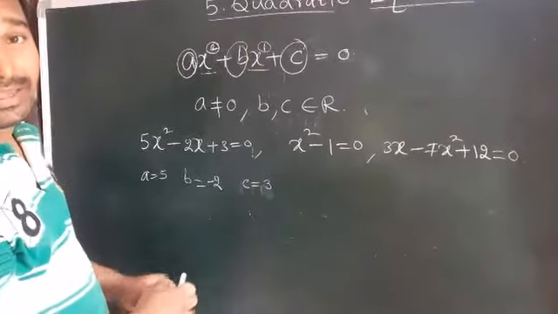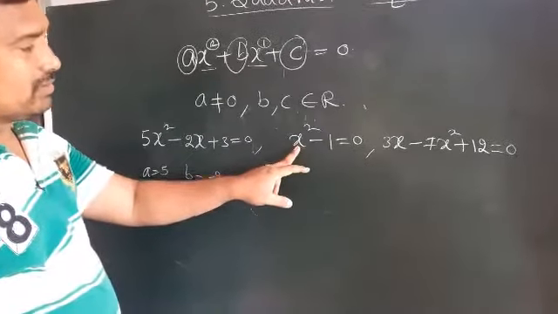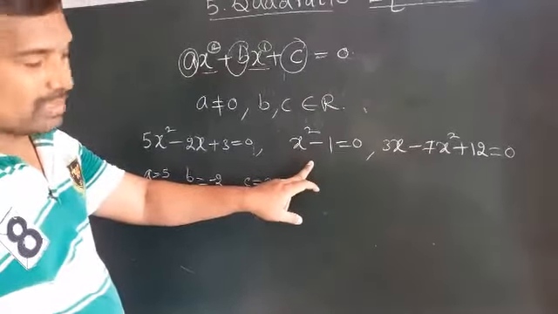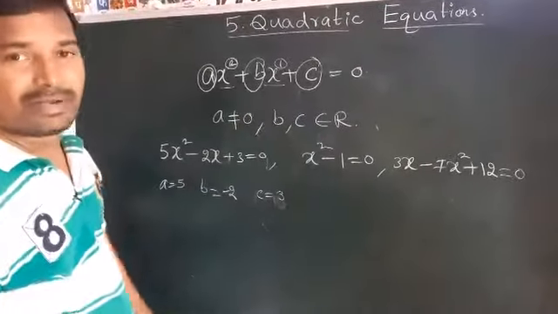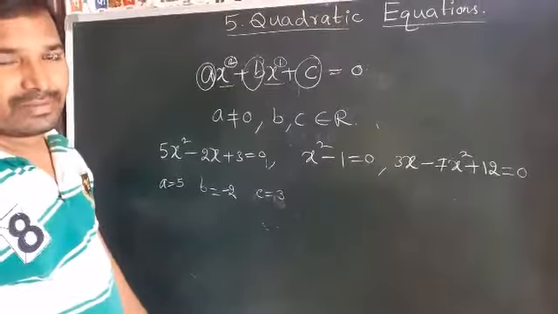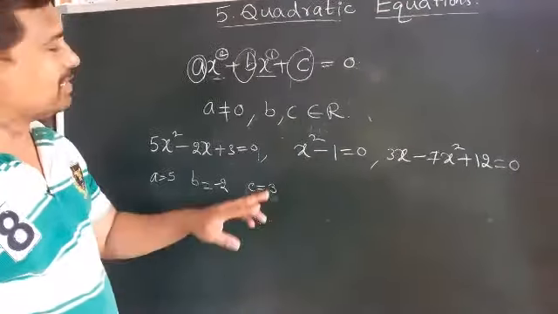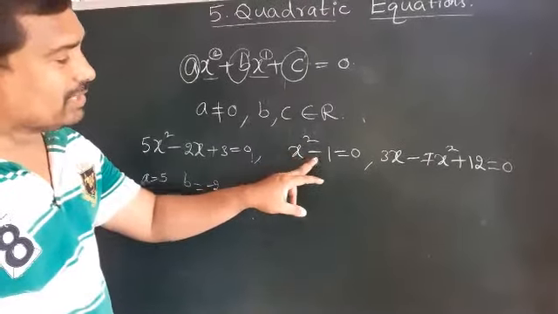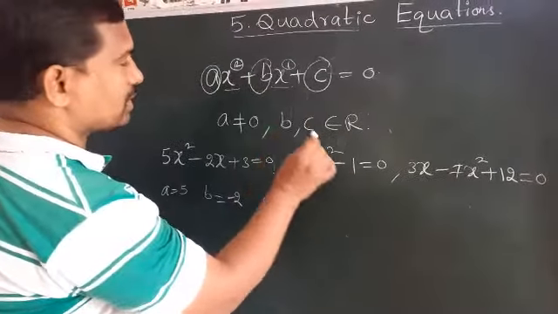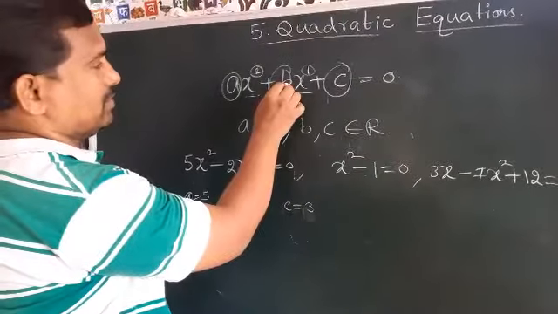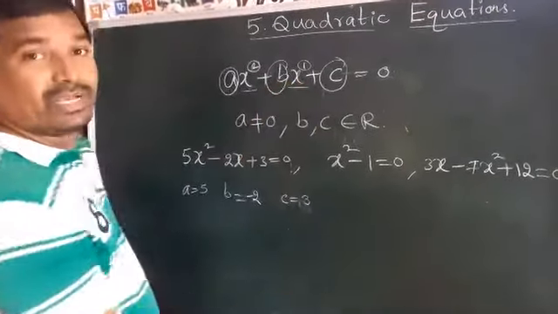Now let us see here, x square minus 1 equals 0. Is it quadratic equation or not? So here in this equation, x square, so degree 2, it is a quadratic equation. Now let us see, can you say, is it in the form of standard form? This is a quadratic equation, but is it in the standard form? No. Why? Because here x square term is there, but there is no x term. So to convert into standard form, there is no x term. So here x coefficient is b. So if you take the b value is 0, 0 into x, that becomes 0.